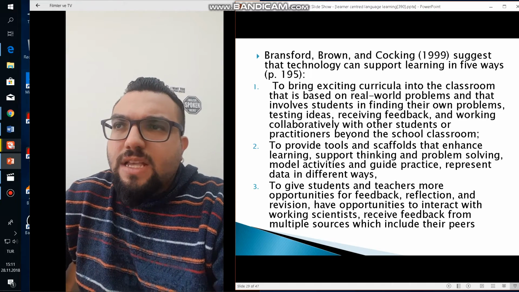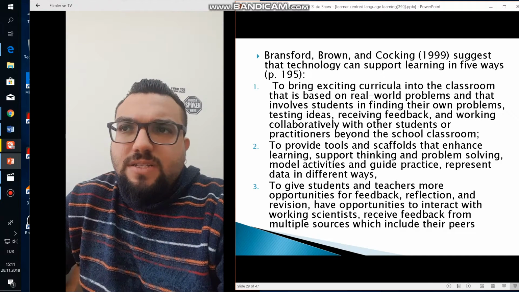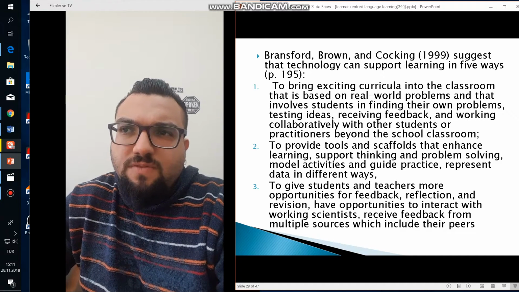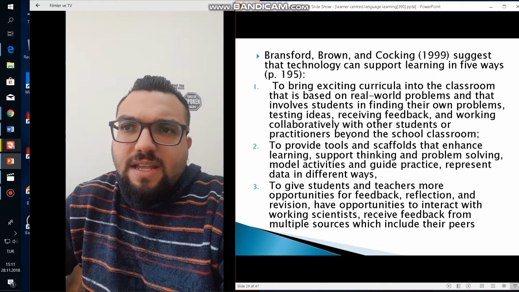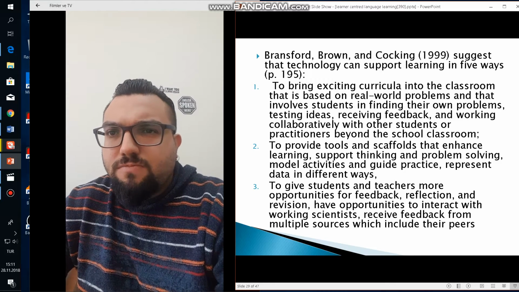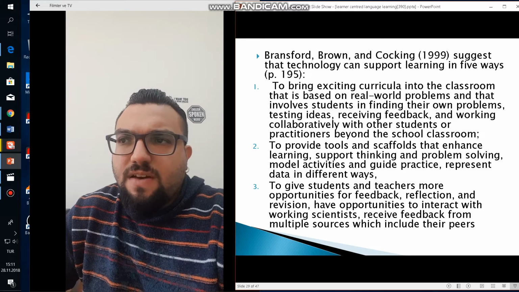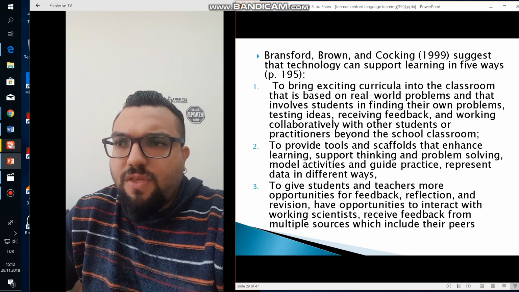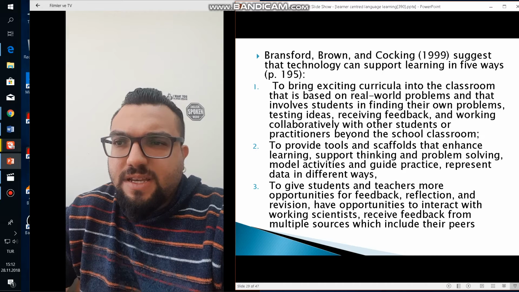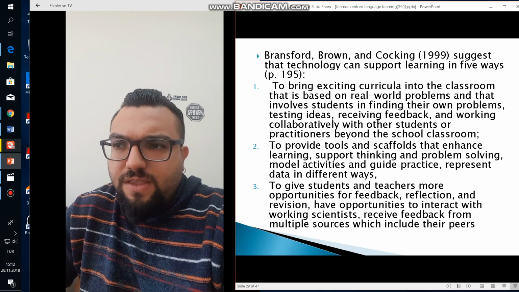Bransford, Brown and Cocking suggest that technology can support learning in five ways. To bring exciting curricula into the classroom that is based on real-world problems and that involves students in finding their own problems, testing ideas, receiving feedback and working collaboratively with other students or practitioners beyond the school classroom. To provide tools and scaffolds that enhance learning, support thinking and problem solving, model activities, and guide practice to represent data in different ways. To give students and teachers more opportunities for feedback, reflection,